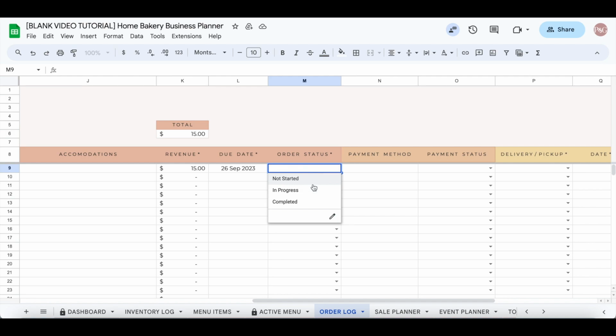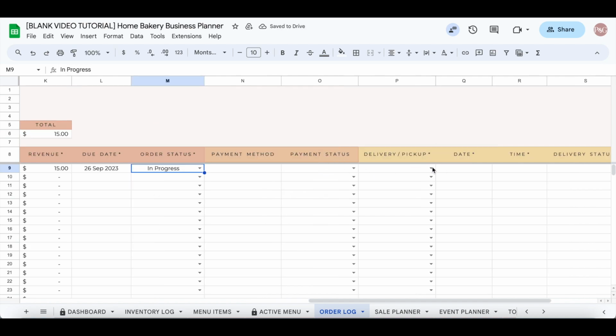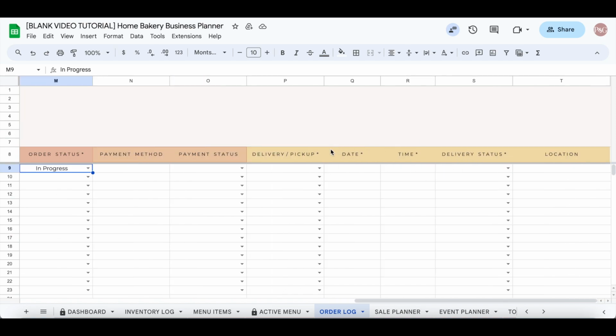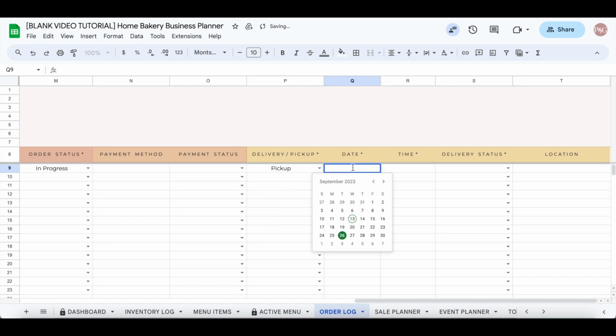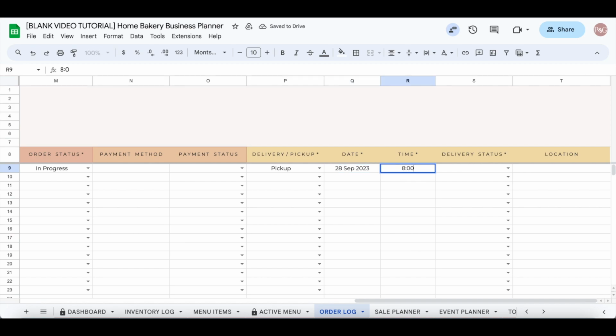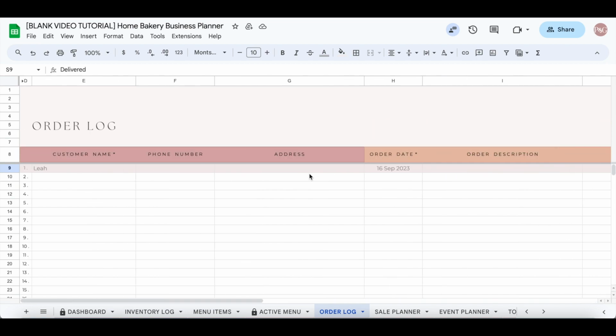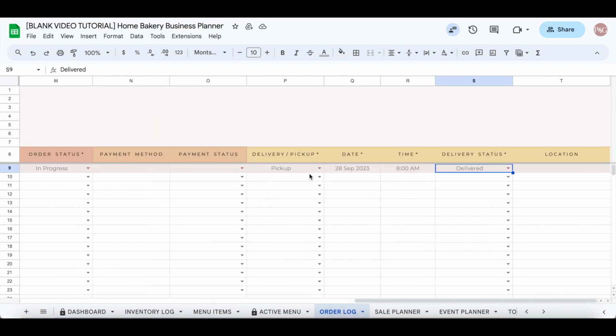You can add the order status. You can add payment method information, payment status information, delivery and pickup information. So for example, maybe I'm going to do pickup on the 28th at 8 o'clock a.m. And then you can also track the delivery status here. Once an order is checked off as delivered, it will highlight here to show that it's done. That way you can see which orders have been delivered, and you can also see which ones have not been